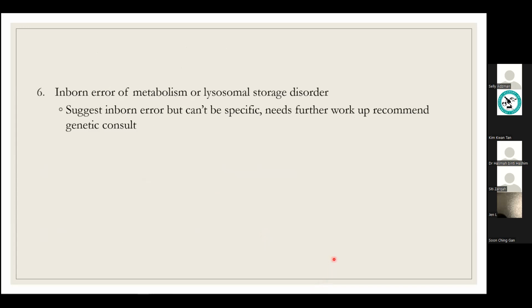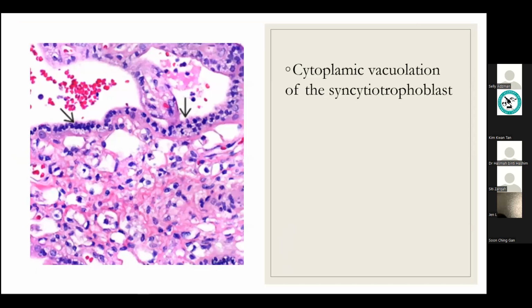There are certain findings in histology that make you suspect this is an inborn error of metabolism. It just tells you it is an inborn error; what type of metabolites, you have to convey to the clinician. They need to do some genetic or special tests for that. So what are the features that strike you that this child might have an inborn error of metabolism?